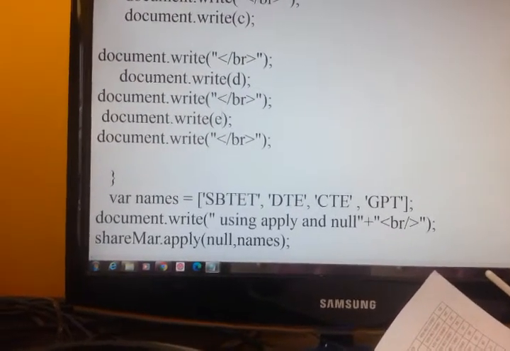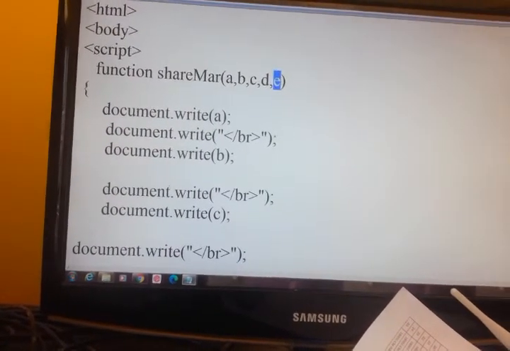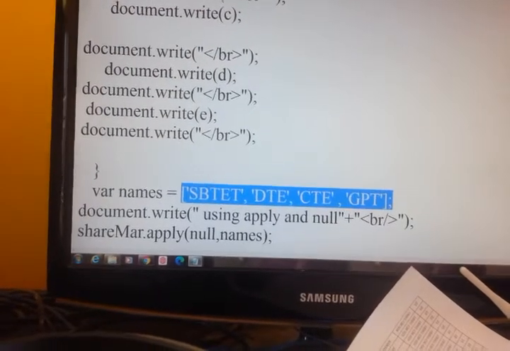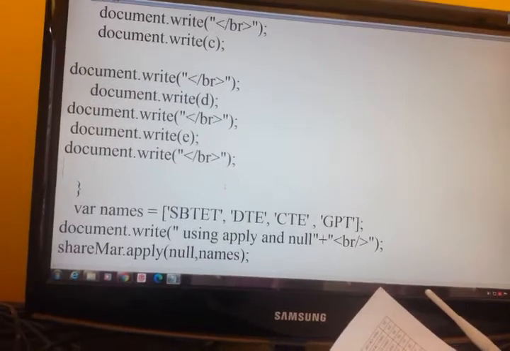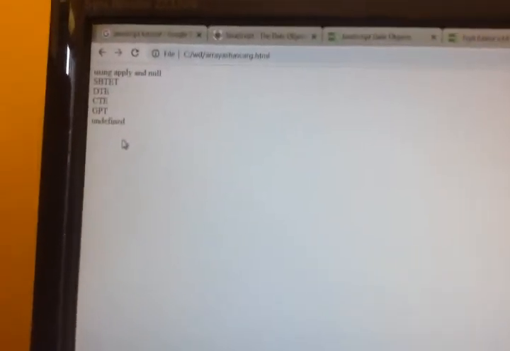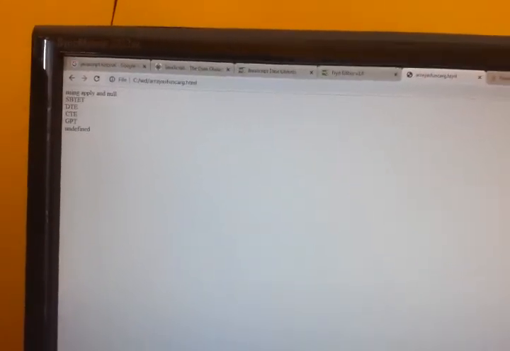I have passed one extra parameter here, but I haven't added anything in my array, and I am trying to print this. So let us see what happens. We'll get undefined. See, we got undefined because it is not defined. If it is defined, we would have got the output.